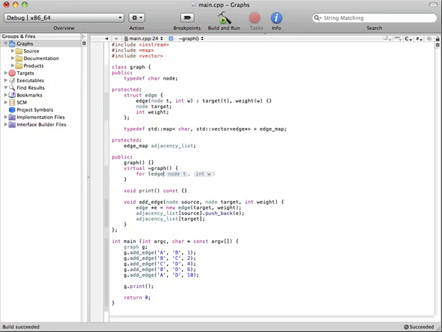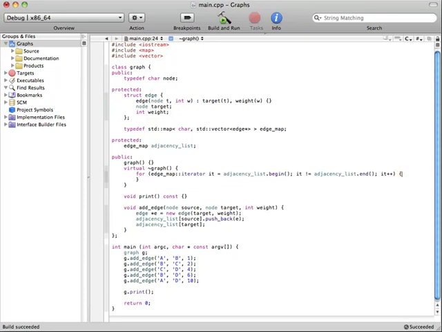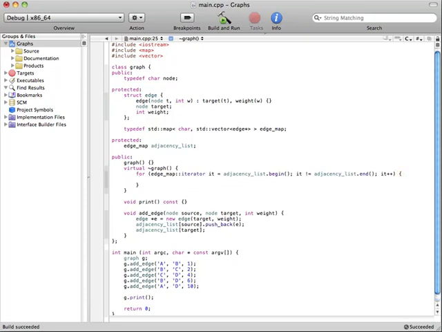So we can use our edge map iterator, call it IT, and that's going to equal adjacency list dot begin. And then while IT does not equal adjacency list dot end, increment the iterator. All right. So now you remember that I needed to iterate over all of the edges and delete those. So we need another internal loop here to iterate over the value